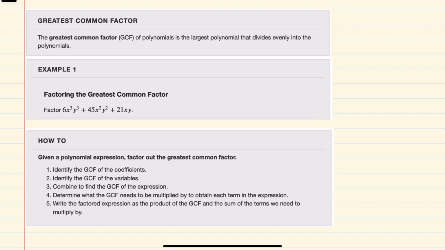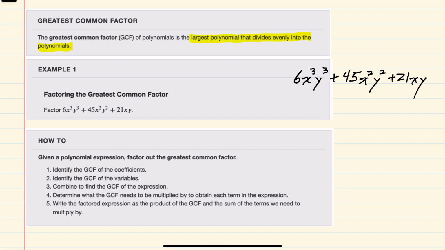In this video, I'll be helping you with a math topic called factoring the greatest common factor. And this example is taken from the OpenStax College Algebra text. We're given both the definition of the greatest common factor, stating that it is the largest polynomial that divides evenly into the polynomials. We have our example here, and we're also shown at the bottom the steps for factoring out